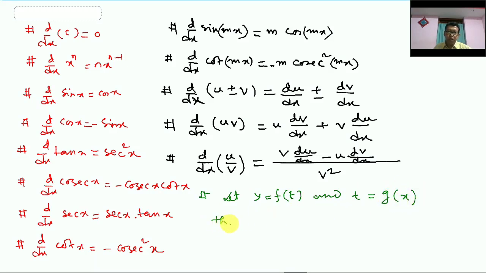Then dy/dx is equal to dy/dt into dt/dx. This is the chain rule. So you write all of these one by one. Now on the next page I am writing,